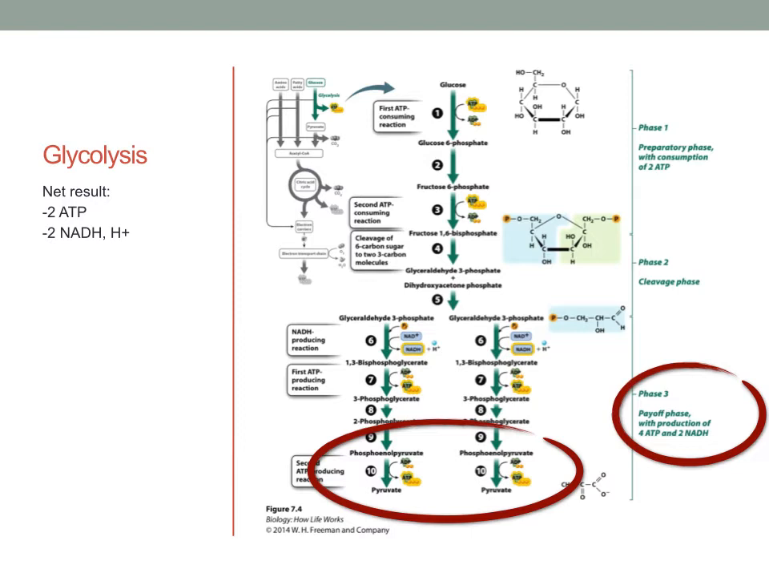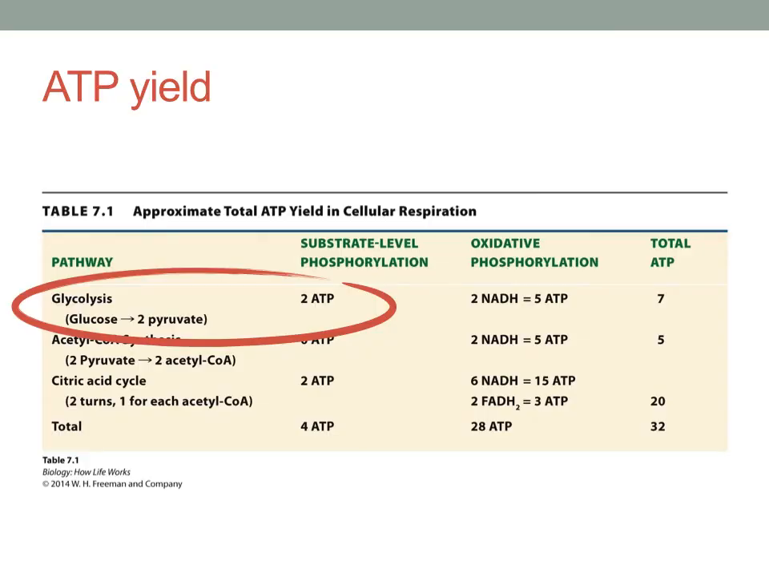And the net, the result of the payoff phase is 4 ATP and 2 NADH. Because we consume 2 ATP in the preparatory phase, the net result of this glycolysis process is a 2 ATP yield. So it's a lot of reactions for only 2 ATP molecules gained, and the outcome of this process is